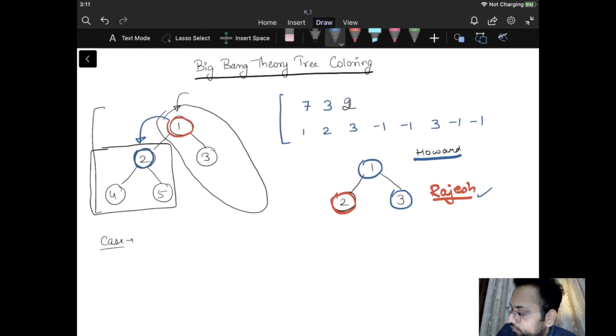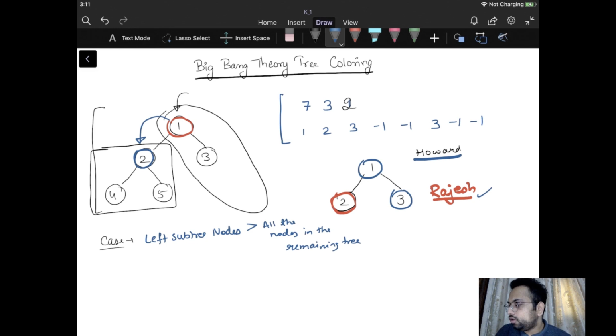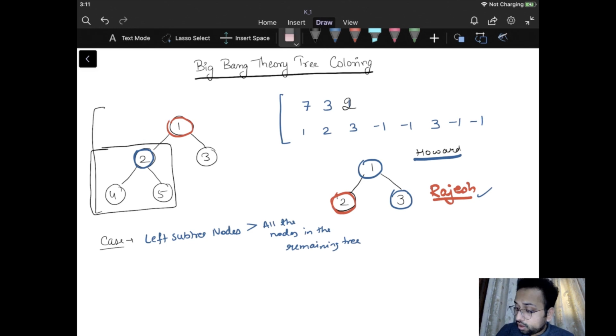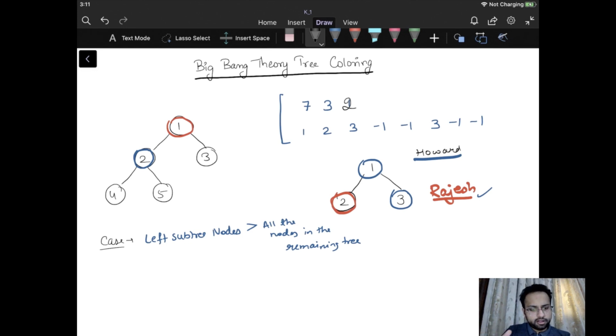So the first case is that the left subtree nodes must be greater than all the nodes in the remaining tree. This is the case when I can win: if the left subtree contains more nodes than the entire remaining tree. Having done this for the left subtree, the same case would exist for the right subtree as well, whether we can win this or not.